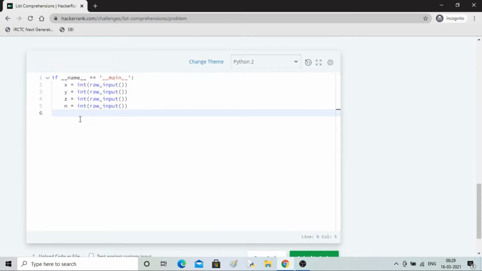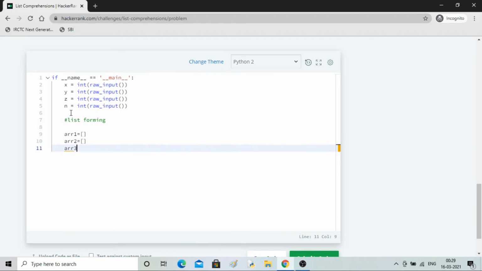So here you can see we are getting raw inputs x, y, z and n. First I'll create a list of x, y, z, and for that I am using a for loop. So what should I write? I'll write a comment, list forming. I'll make arrays, array 1, then array 2, where I'll store x, y and z lists.